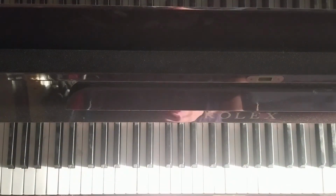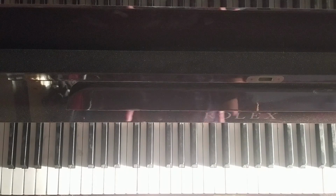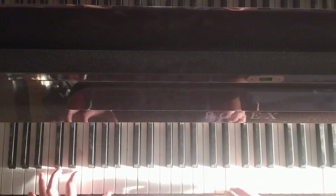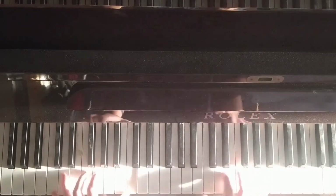Now, to go between these chords, and in general in the songs, I use the pedal, the sustain pedal. I hope that you have one. It makes life easier and everything sound nicer. I'm not going to teach you how to use it now because I wouldn't know how to, but in case anyone was wondering. So, A minor, C augmented,